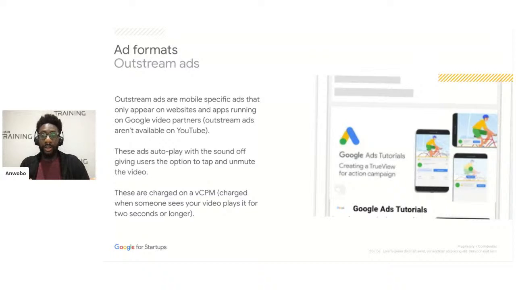The movement in the video obviously will capture their attention, and if they're interested enough when they read the descriptions and the headlines, they can tap the video to unmute it so they can also hear what the video is saying. Now, Google for this ad format charges on what we call a VCPM. And we know CPM, cost per mil, cost per 1,000 impressions. The V here stands for viewable. So what this means is that Google will not charge if, first of all, your ad loads on a page, but nobody ever scrolls down to see that ad on the page.